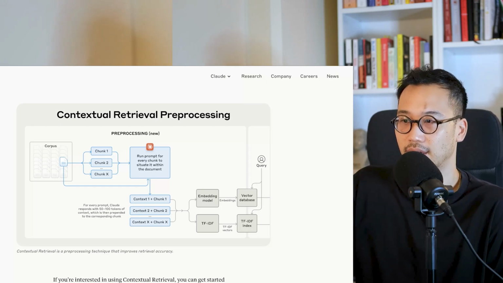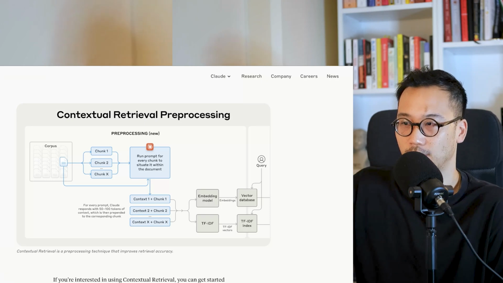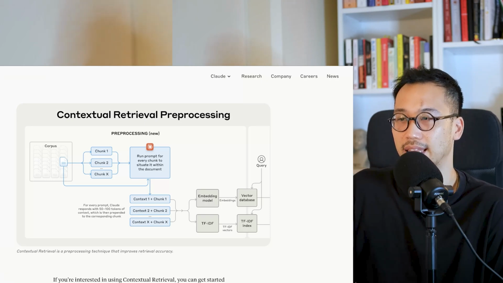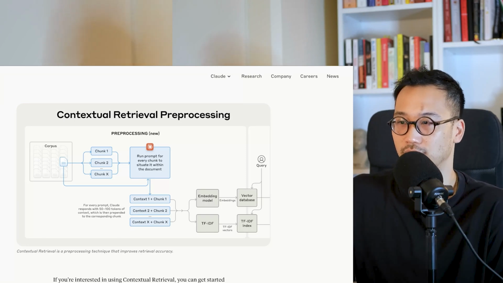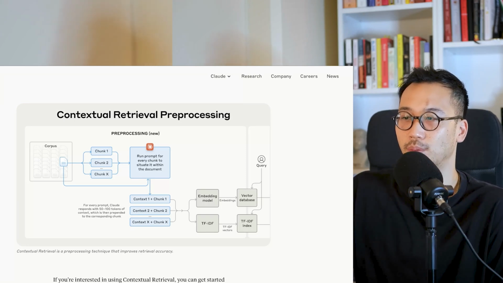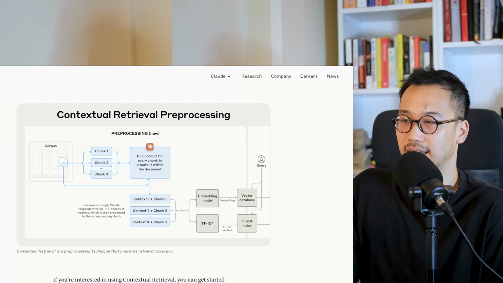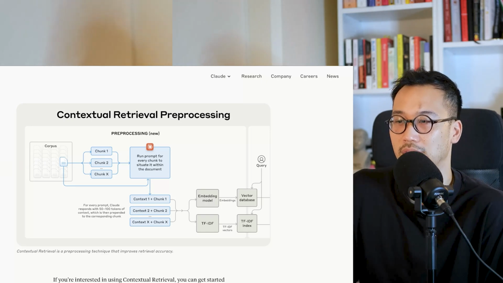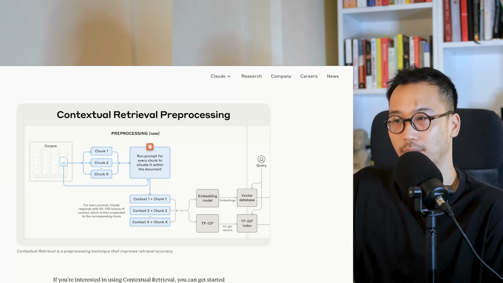You're just saying that for every chunk, have a brief summary prompt, referring to the original document and the chunk that you have, and just give it a little bit of context, 50 to 100 tokens, and then you embed it with that context. So instead of just a chunk, you have chunk plus context. I find that this combination gives the embeddings a much richer representation, and therefore you can get a lot better output from the model. I think I get it.